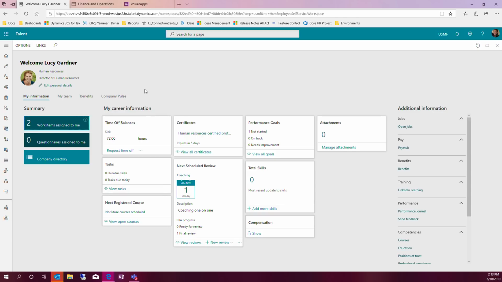The last piece that I just wanted to show briefly here is related to custom fields. We talked about that a little bit. And when it comes to custom fields, there's always going to be data that you're going to be tracking either about employees or about positions that are specific to your industry, that are specific to your vertical, that are specific to your business. There could be things that you're doing within your organization that, to be honest, we don't know everything that customers are tracking. And so we want to be able to enable those scenarios so that you're able to do that for yourselves as well. So if we take a look at our employees, for example,